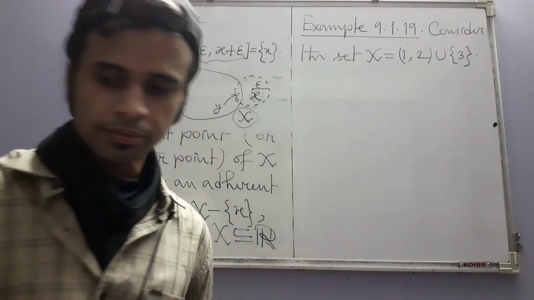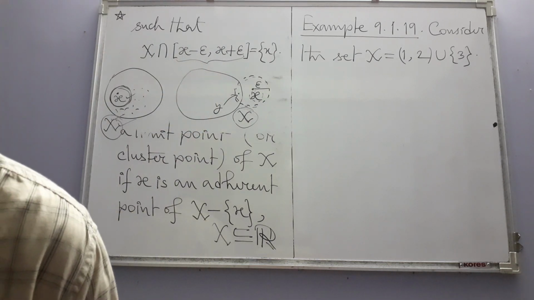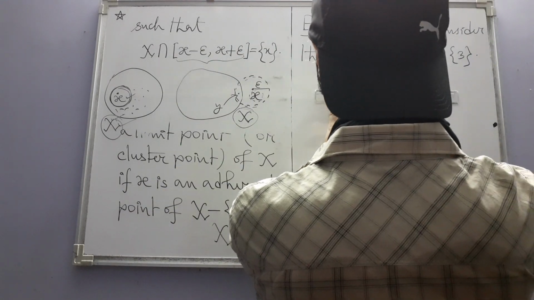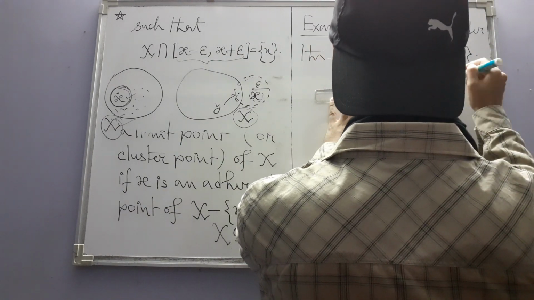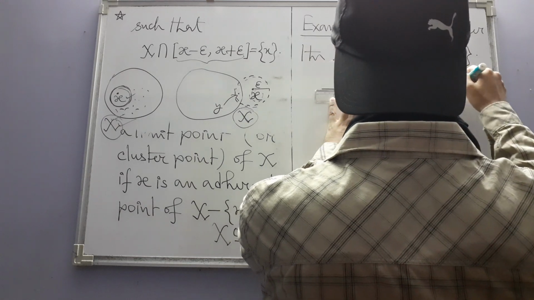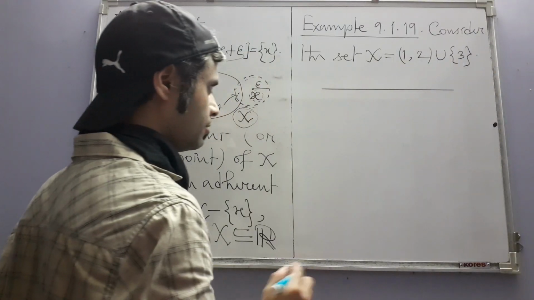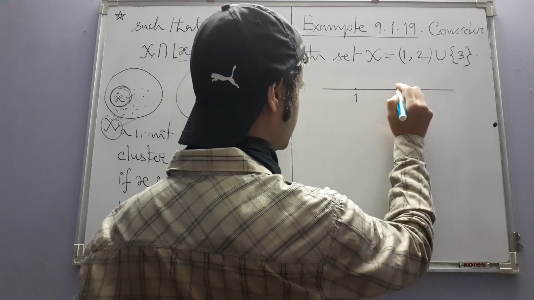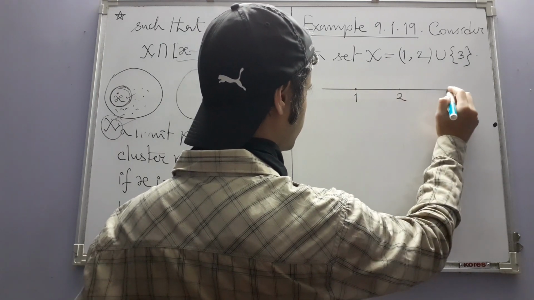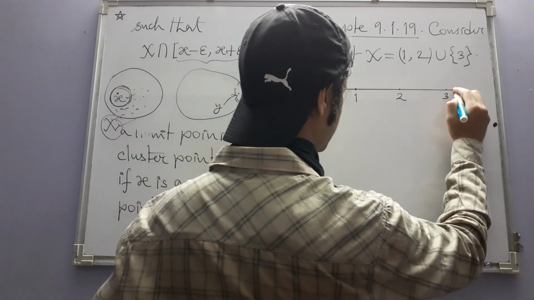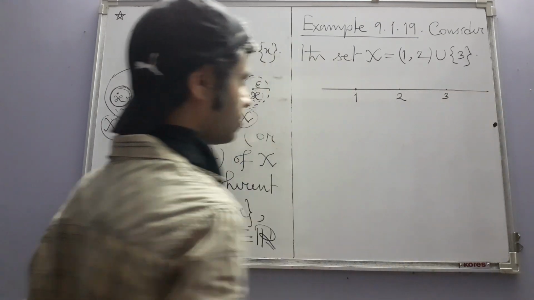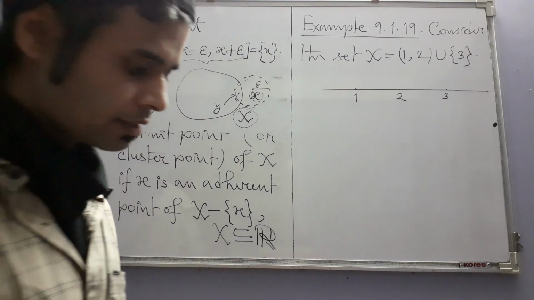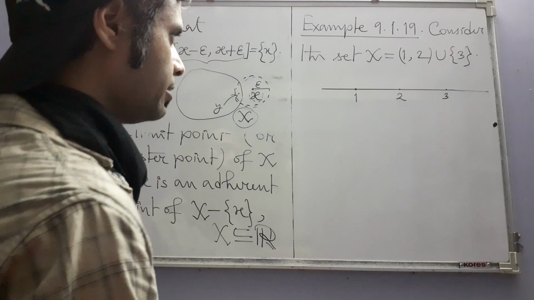Now before seeing what the author is saying about this set, let's just draw the set on the real line, so that we can see in front of our very eyes what is going on. So this is our 1 and this is 2 and so this is 3, and let me just extend this a little bit more on that side. So the remarks the author made about this set is this: